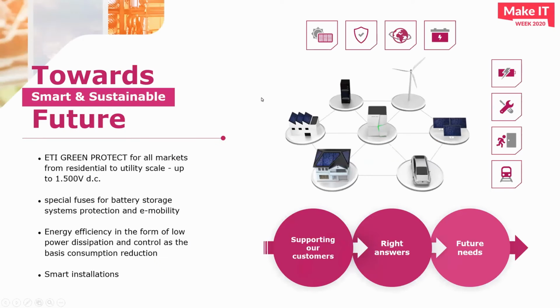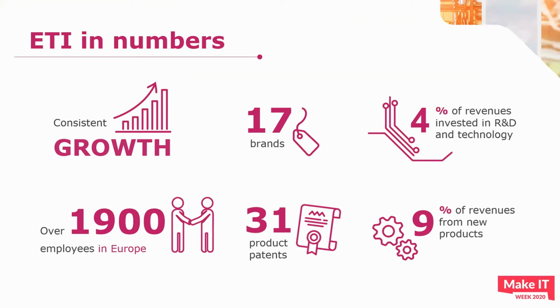And I think that there's a big chance that also in your home there is a part of ETI's product, where we are finding new ways to make our customers more sustainable in the future with solutions for green energy and smarter, more energy efficient products. What you can see here, all of this contributed to constant growth of the group. You can see here that we are over 1,900 employees in Europe. Our 2 largest markets are Germany and Poland, and we are one of the market leaders in the Balkans, former Yugoslav republics, and Slovenia. In 2019, our revenue amounted to 134 million euros, but this year we are aiming even higher, despite this